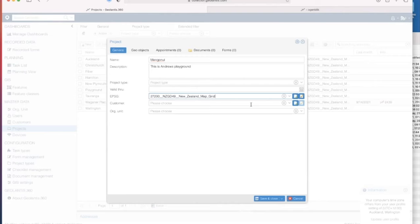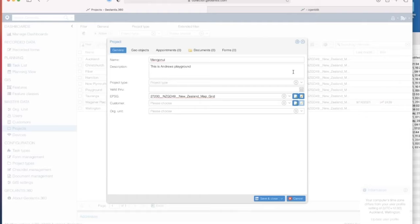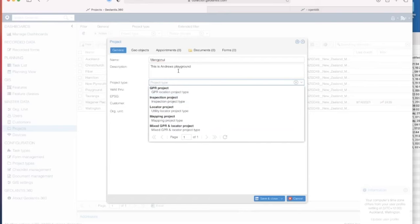You can assign the project to a customer, or say, I don't have a team. Let's say this project is for the North Island team. The interesting thing of the software is that you can customize a lot of things. So I set up a couple of